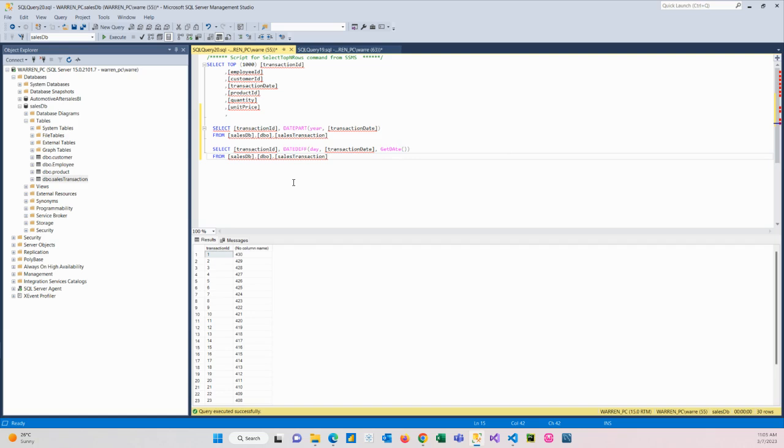So that, in a nutshell, is the date functions. They're very, very powerful, and you will come across them because all the data you'll use will have a date field, and you will need to do these kinds of date diff, date part, and get date functions to make sense of the data. So in the next video, we're going to start looking at aggregating the data,